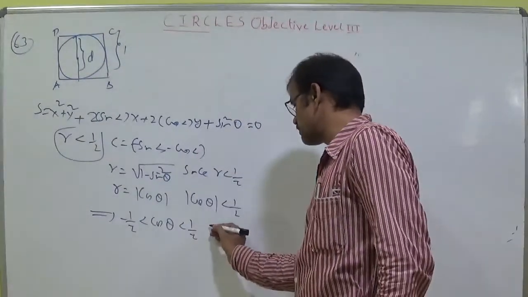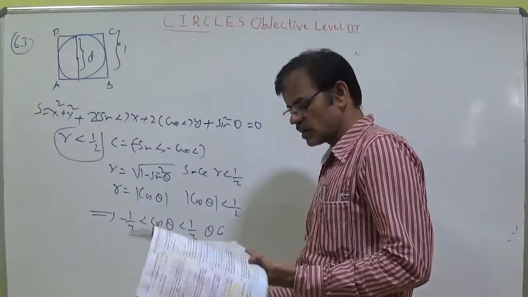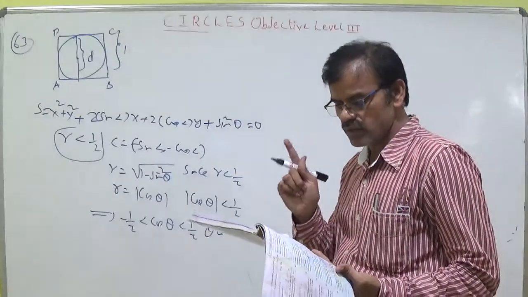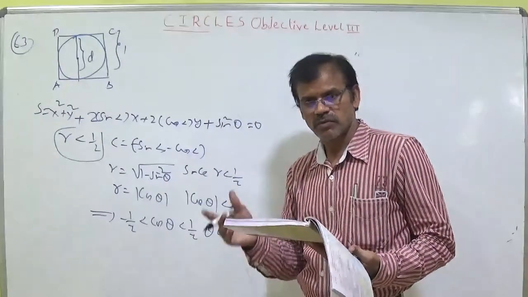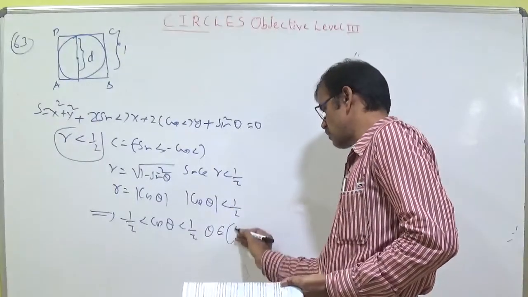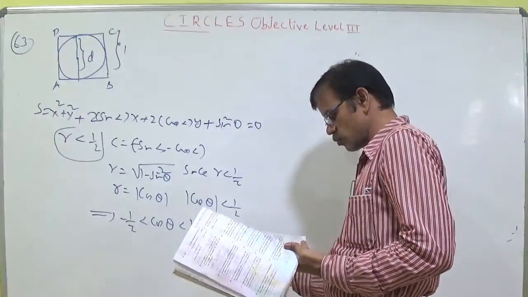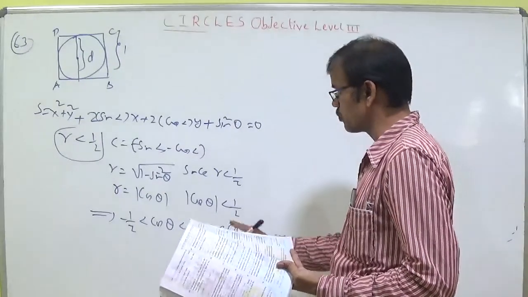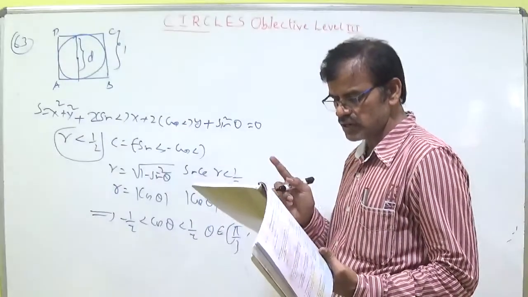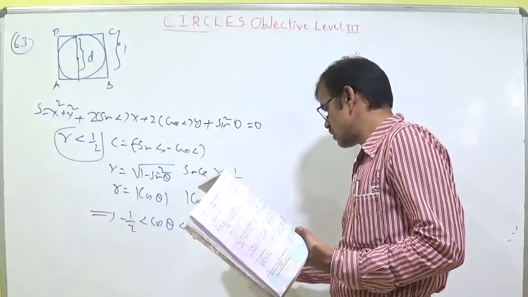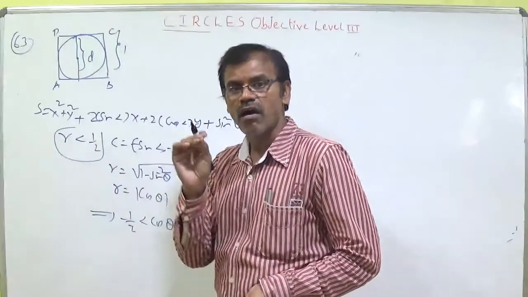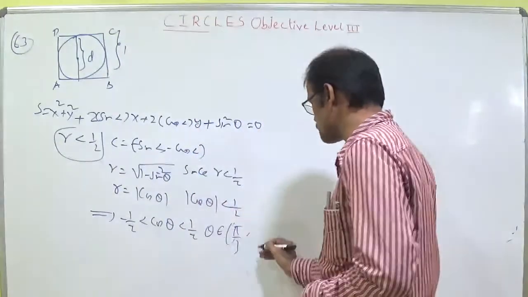So according to the options, fourth option, because cos 120 is minus 1 by 2, cos 60 is 1 by 2, cos 300 is 1 by 2, cos 240 is minus 1 by 2. According to the options, fourth option. Of course here it is closed interval, but open interval should be given. If the question says inside, we should use open interval. Otherwise, if the question said inside and on, meaning it touches, then only the fourth option is correct.